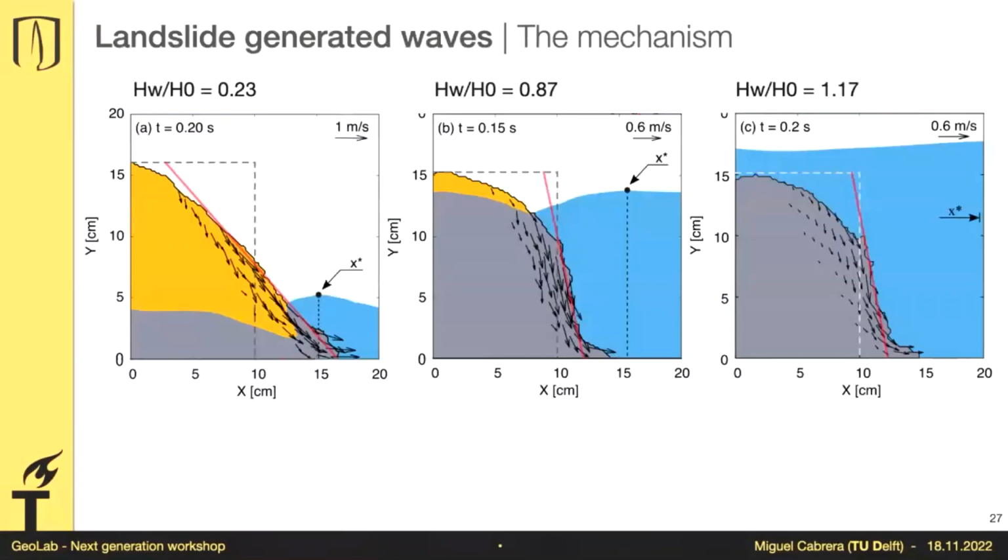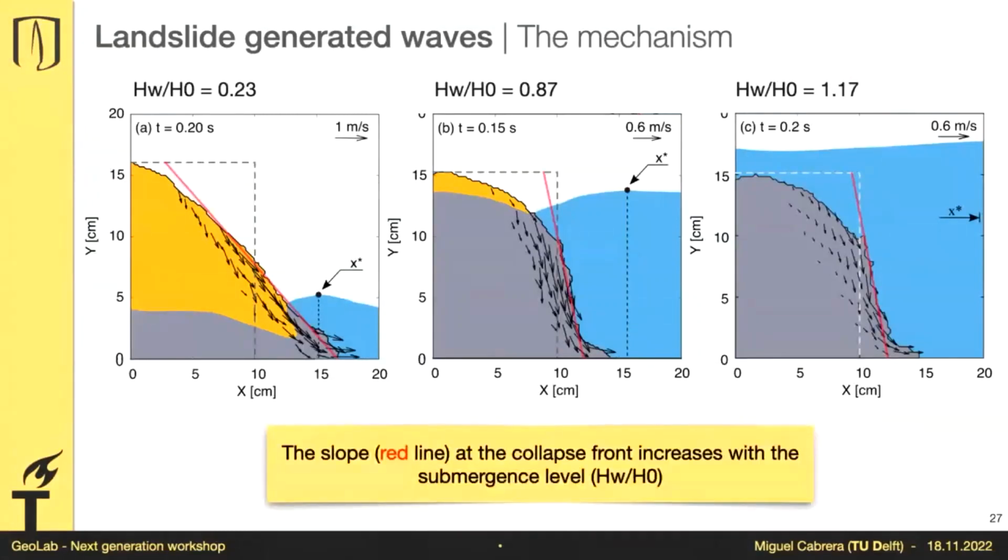This mechanism is very simple. And if something is simple, it might be wrong, but it might be useful. So what we took was the instant where the wave was the highest, okay? Just that instant. And by looking at the instant where the wave was highest, we tried to look at the slope of the landslide. Please notice that those cases of low submergence ratio, the ones on the left, are the ones with a lower slope. But as soon as the submergence ratio increases, the slope becomes steeper. So there must be something there.